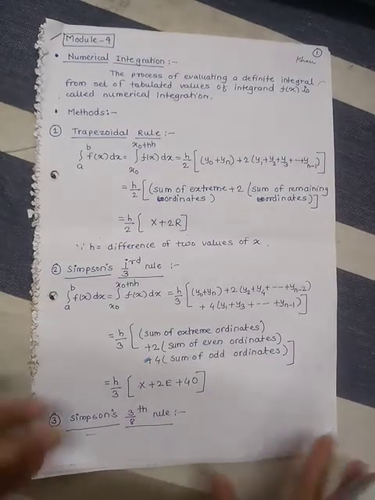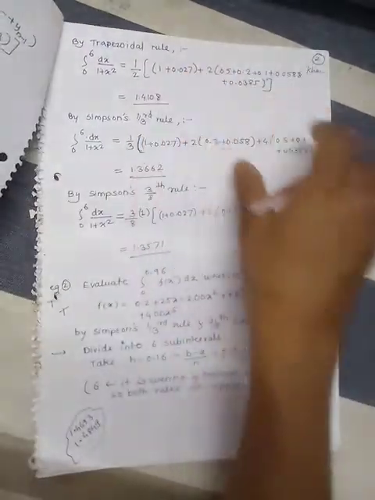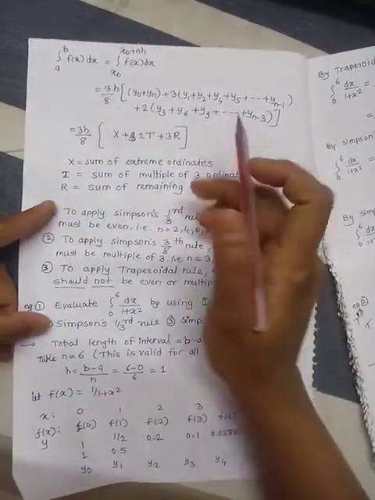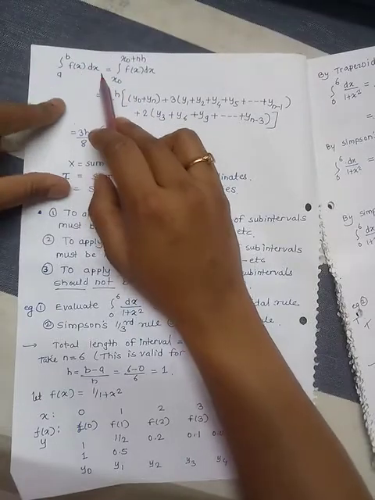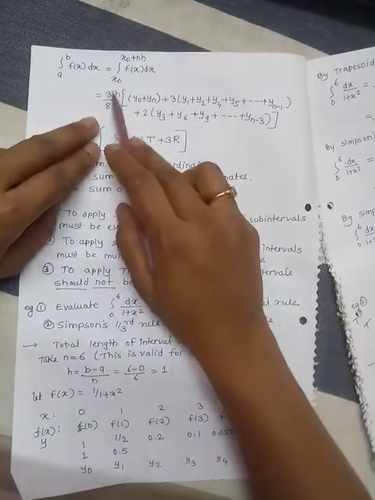Then Simpson's three-by-eight rule is integration from a to b f(x) dx is equal to 3 by 8 h in